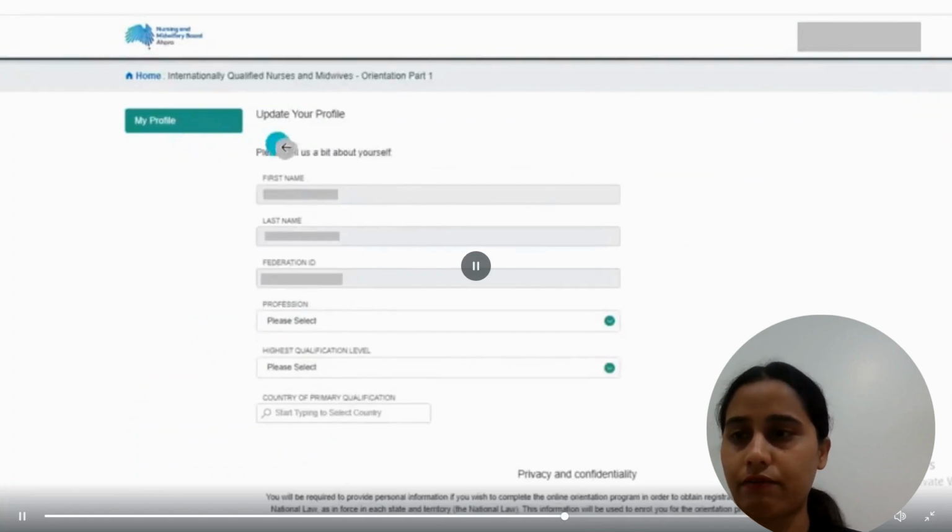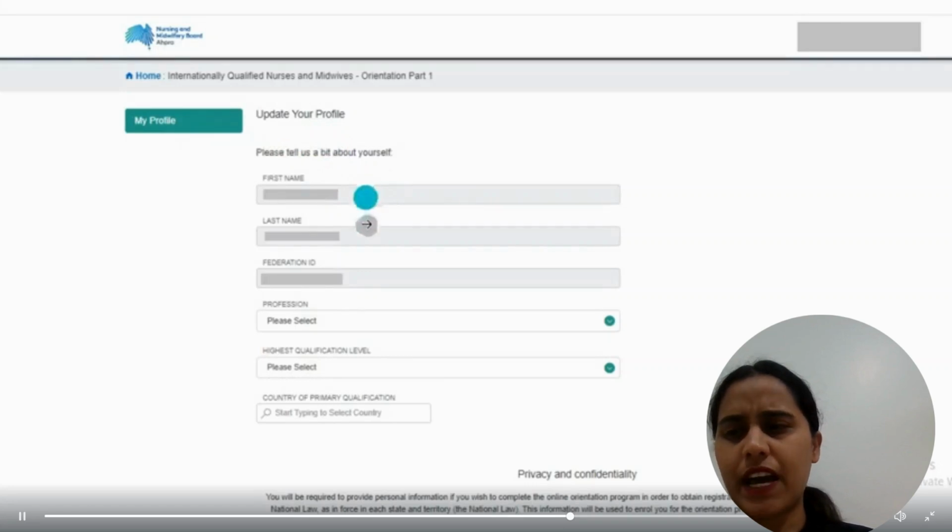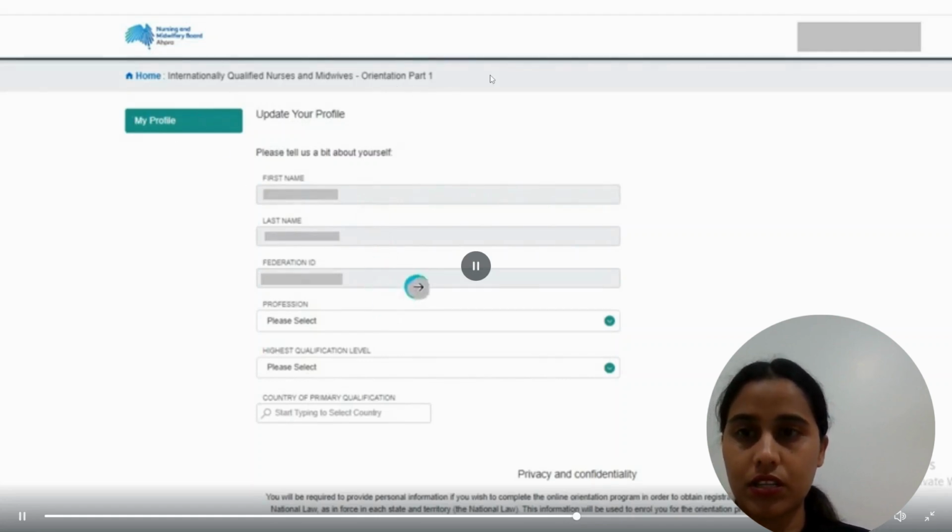Before your final registration, you must complete an orientation program designed to familiarize you with the Australian healthcare system. So yes,